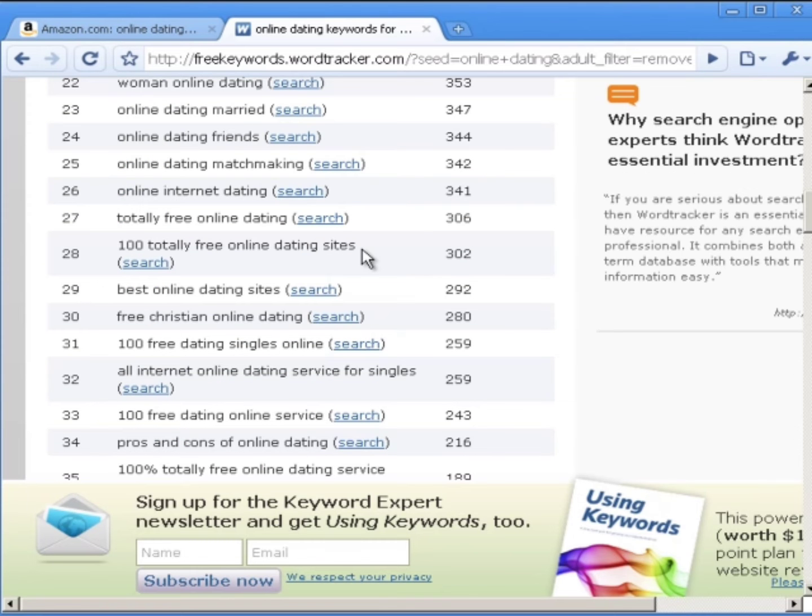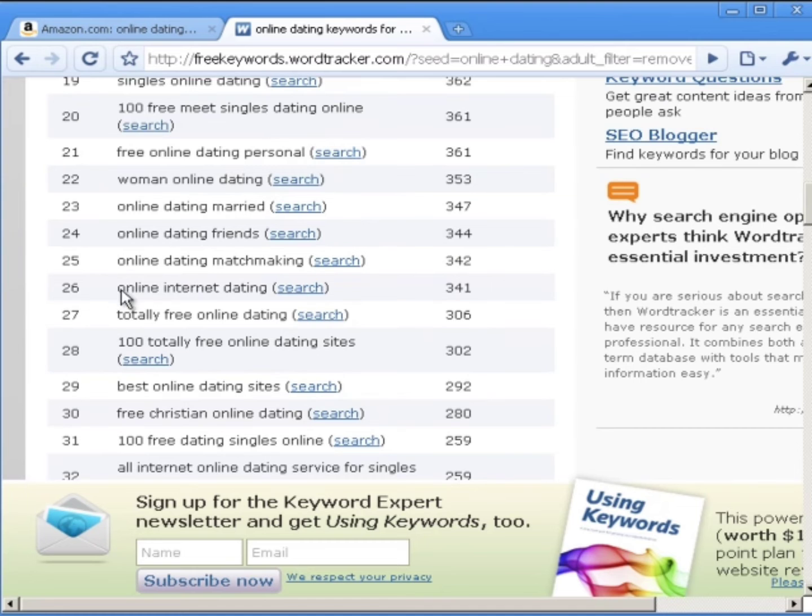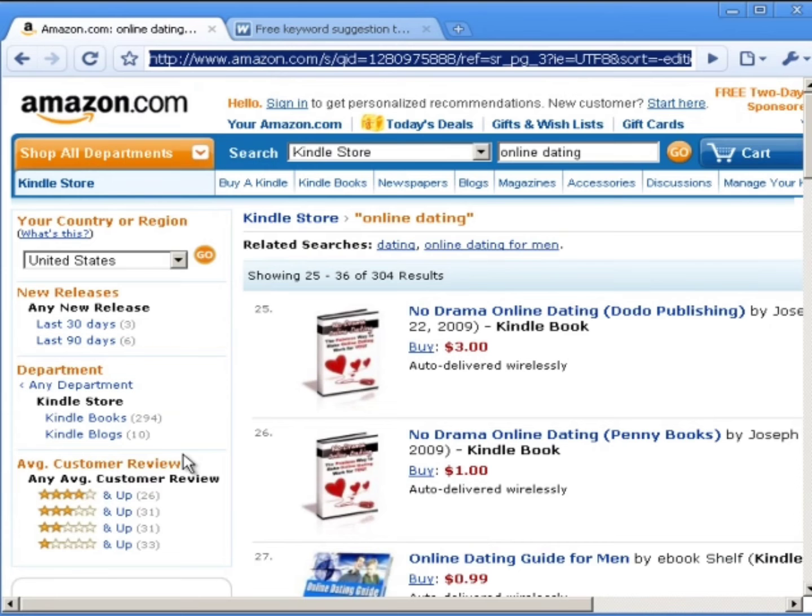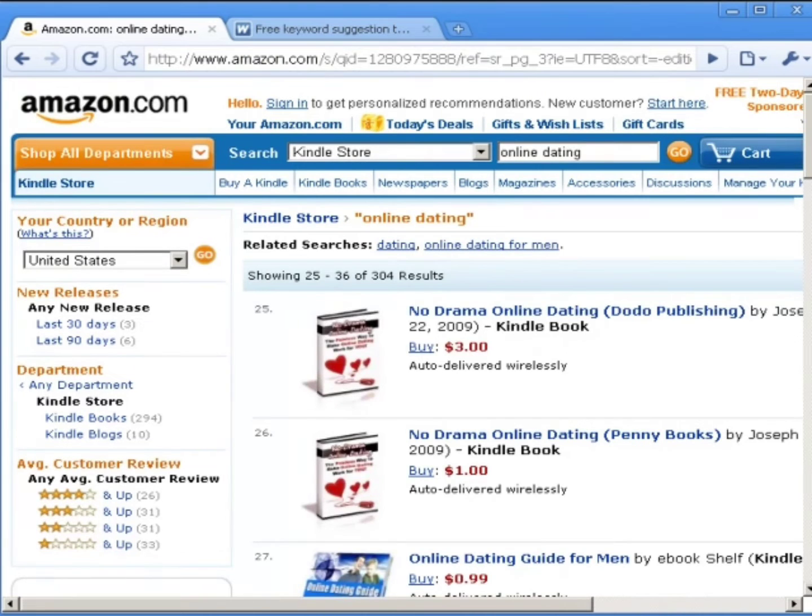So let's say that I pick one of these keywords. Okay, so I did some keyword research and found that indeed there's a lot of searches going to the keywords for online dating. But the next thing I want to do is actually start brainstorming in terms of the actual ebook. So what I could do is scroll back down, or I could just scroll over here and click on